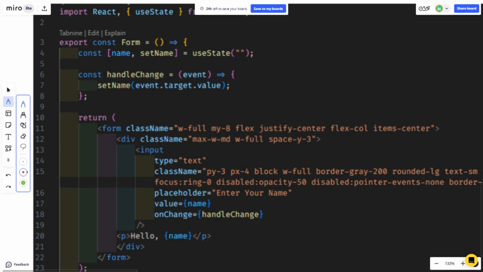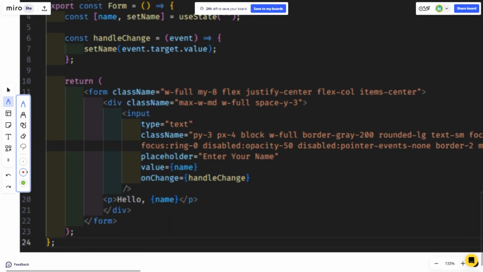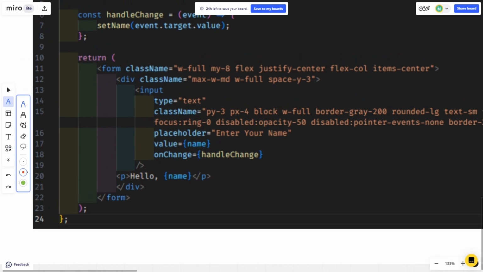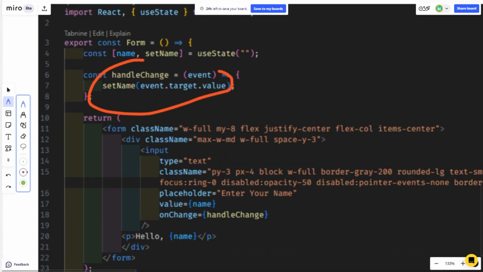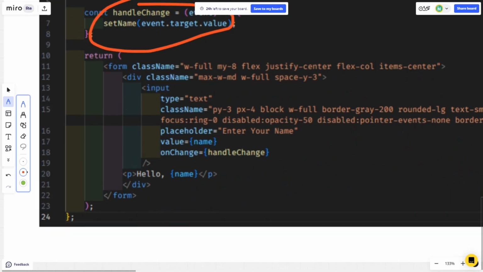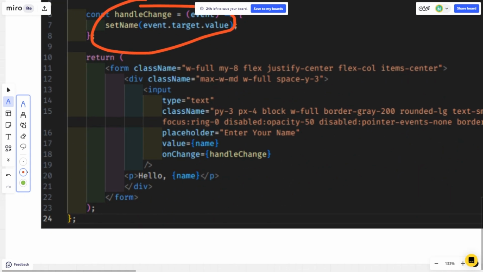Whenever this handle change function is called, the state name will be updated. I have created a form with an input box, and whenever the value of the input box changes, this function will be called, and as soon as the state is updated, it will be reflected in this Hello, then whatever the name is.